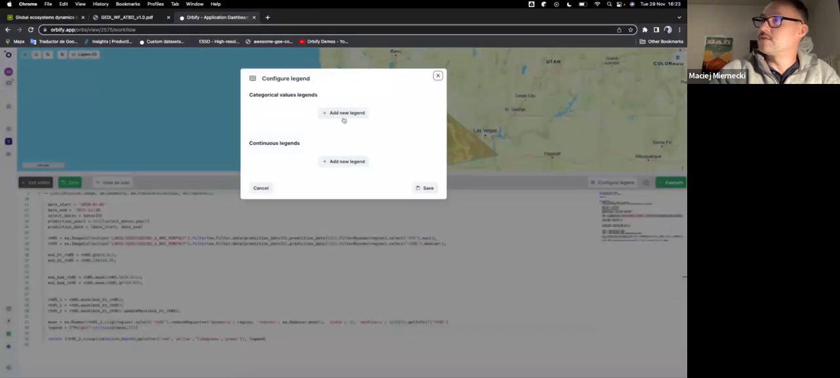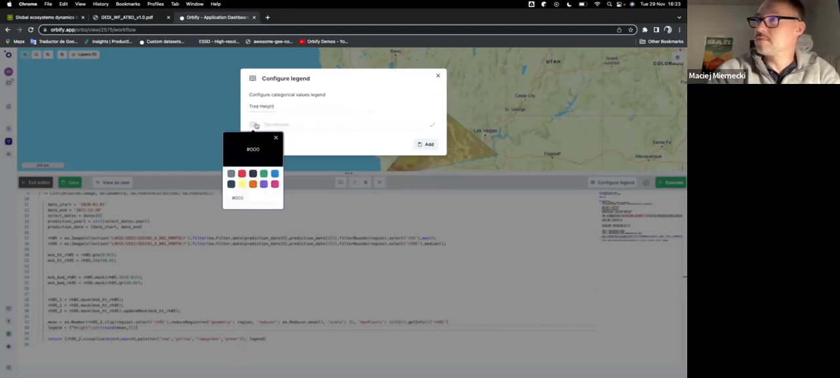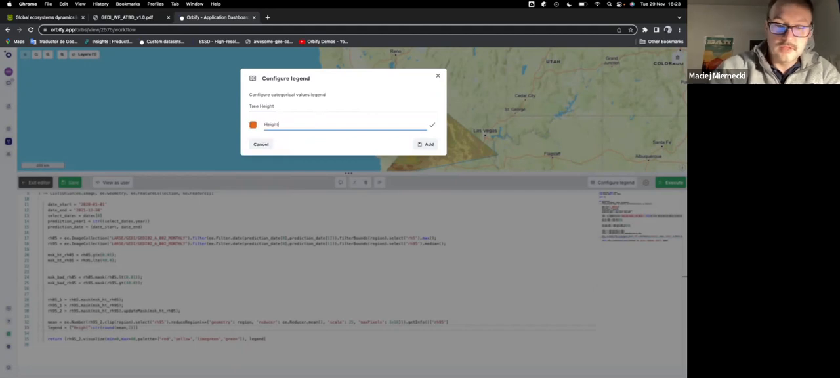Let's go, for instance, here to the legend. Tree height. Why not? And we can access the